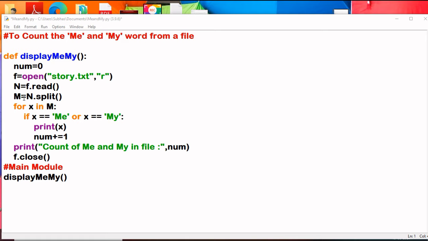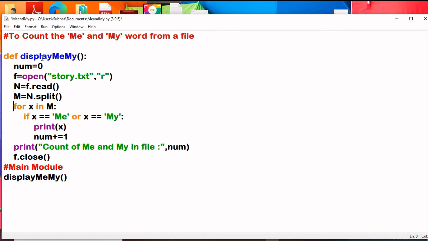Next, run the loop, where the split function is used. It separates each and every word, and through this loop each word is stored in a variable x, and we check whether x is "me" or "my". If it is, then print it and count the number of "me" and "my", and then display the count.